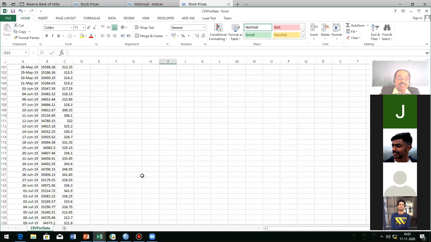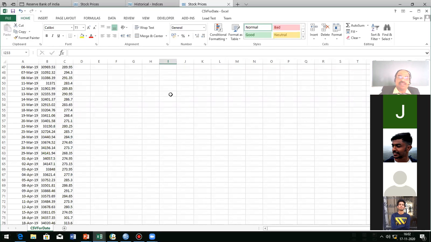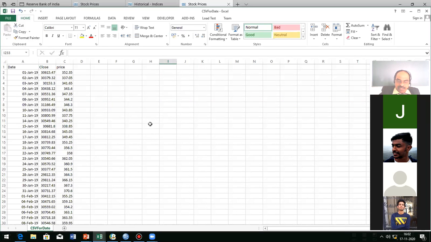So now we are having the data for 141 days. Let us assume both are same. But here it is not same. Anyhow, we'll find out. But when you are selecting the index date as well as the price date, use the same thing. Same date you have to go.